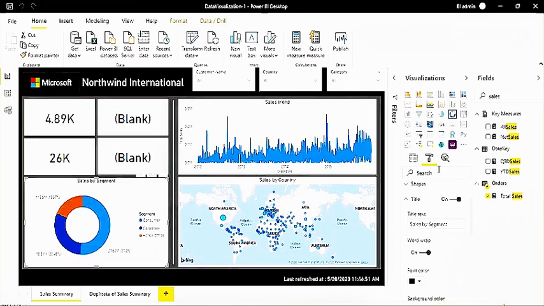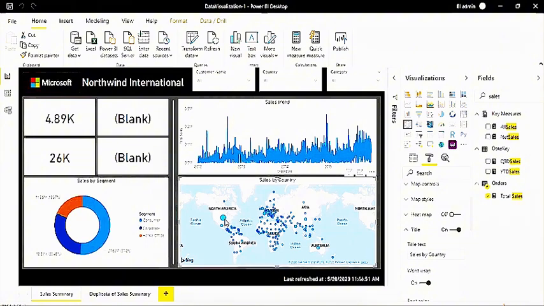Now we were talking about the drill down. Right now this map is showing the data of sales by country only. If I select any country, then it should go to the next level of that hierarchy and display the data city wise for that country. It's showing United States, with total sales like this, but what about the city wise data?